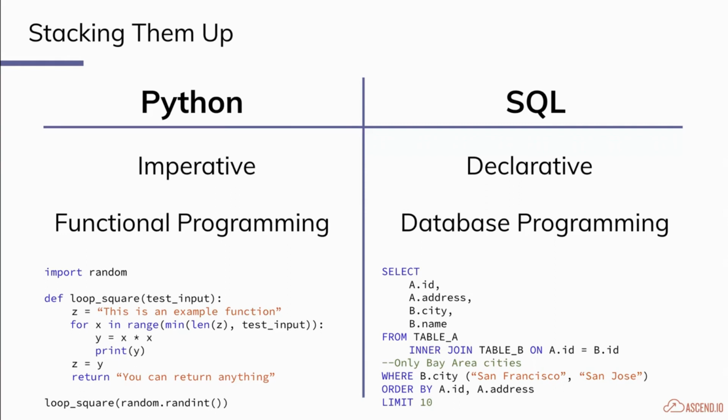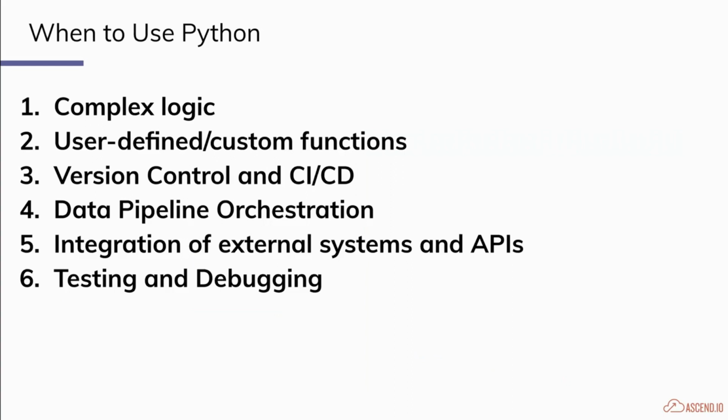Cool. So now that we've put them side by side, when do we use Python, right? The main purpose of this talk is trying to figure out when to use Python. I think for a lot of data engineers and data analysts, they know pretty well where and when to be using SQL, right? It's fairly straightforward. If you're trying to work with data, you can use it then, right? Nothing too difficult. But when it comes to Python, it's a little bit stranger, right? It's functional, it's general. You kind of have to learn how to do it and create your own solution. So it's definitely a little bit more difficult and has a little bit higher barrier of entry, excuse me.